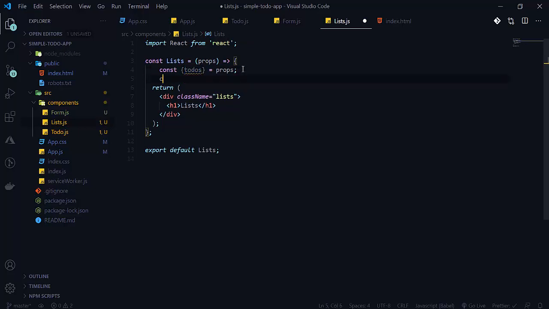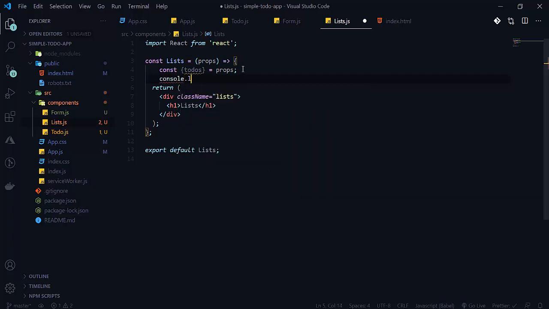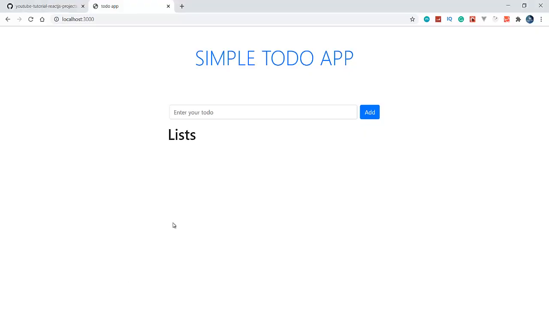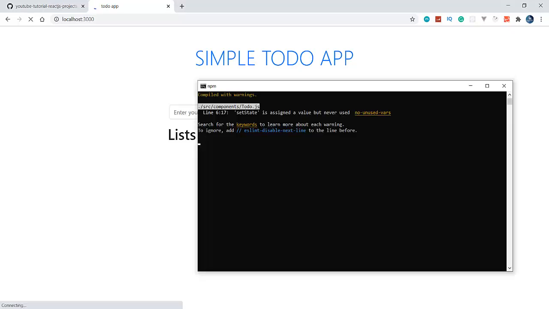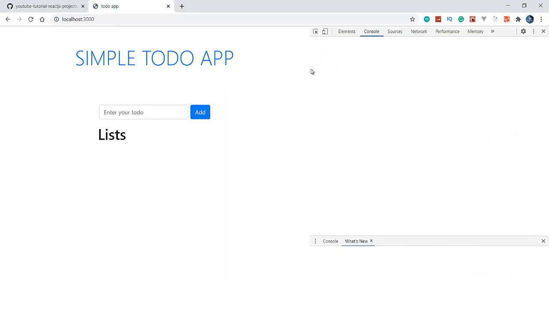So whenever I write console.log, so I'm commenting this const statement here. So props. So whenever I write here, so this page will get compiled, and let's move to our inspect element here. So see that this page is successfully compiled here. So when I will go to console, there will be one console statement. So let's see.